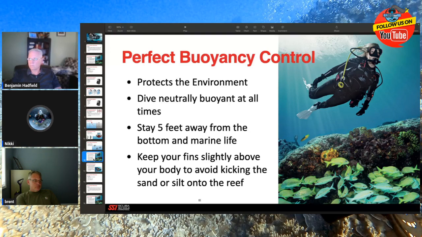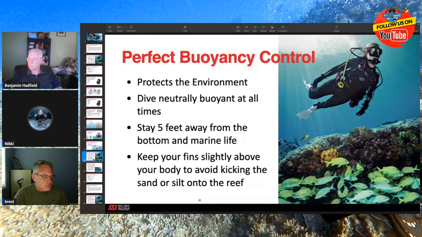And ideally, we want to be in that neutral buoyant position at all times. We want to try to maintain and stay away from the bottom by at least 5 feet and from the marine life, right? By doing that, we're creating a buffer zone between us and them to be able to keep both ourselves safe